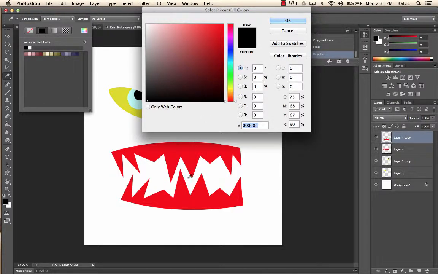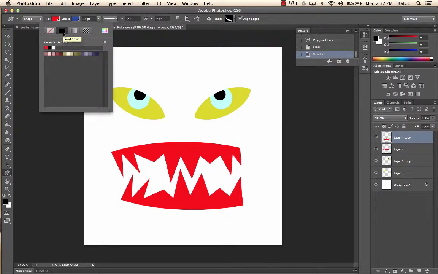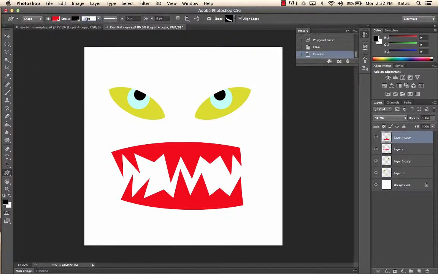I'm going to make it that same color red. So actually, if I hover down on my monster, I get something that looks like an eyedropper, and that lets me select the same color as my teeth. And I'm going to just do a black stroke for my stroke. And I'm not going to make it very big. I'll make it like a 5-point black stroke. And now I just draw, click and drag, and I have my